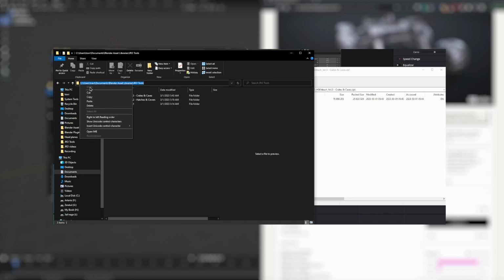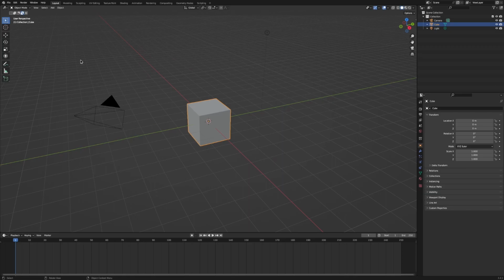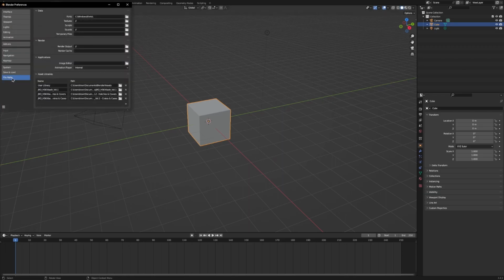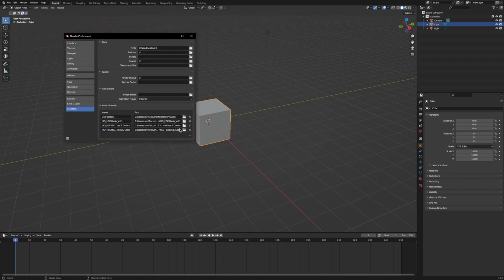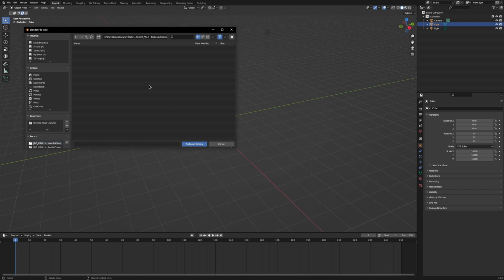Why don't we go ahead and add our asset libraries now? I'm going to copy the directory of our folder here, and I'm going to go back to Blender. Okay, hopping back over to Blender, we're going to go over to Edit, and then Preferences. We're going to go down to File Paths, and then we're going to add in our asset packs, as you can see here. You're going to hit your plus button at the bottom right. You're going to navigate to the folder that we have on our clipboard,